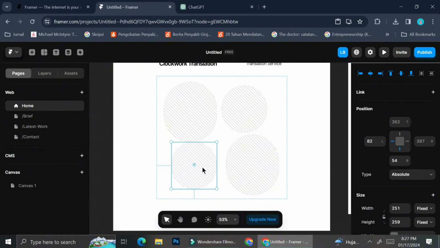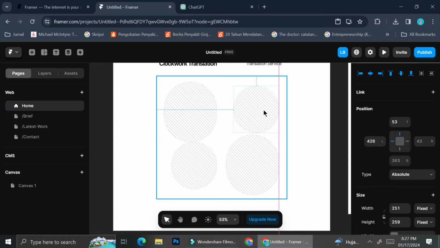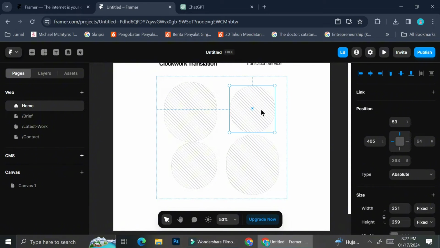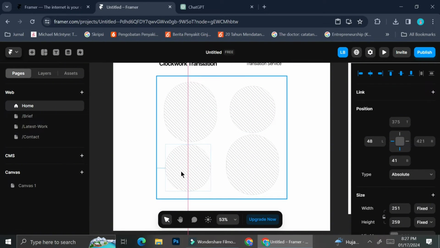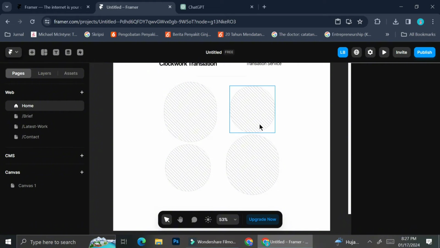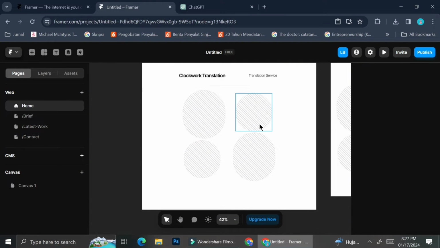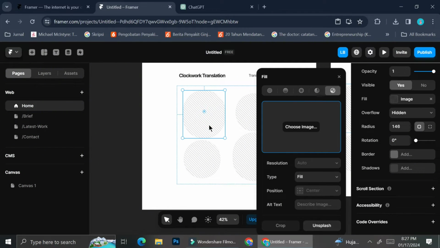You can just go ahead and copy the frame that you would like to duplicate and then press Ctrl V on your keyboard, and it's going to create another frame that looks exactly the same as the one that you just copied. Now to add on the pictures, what you're going to do is click